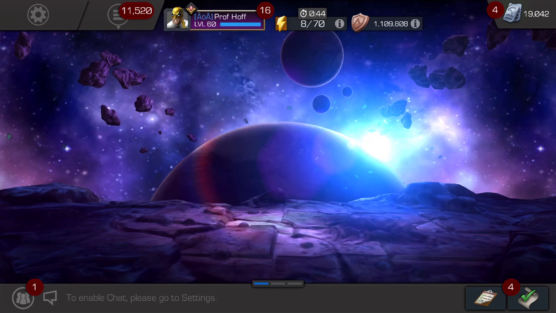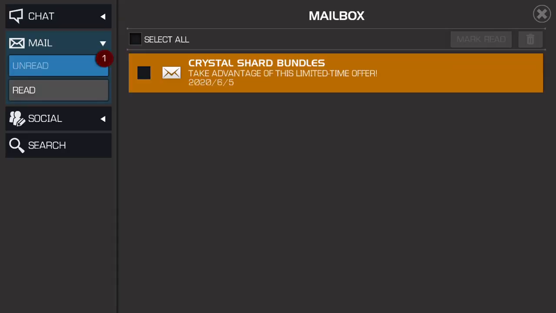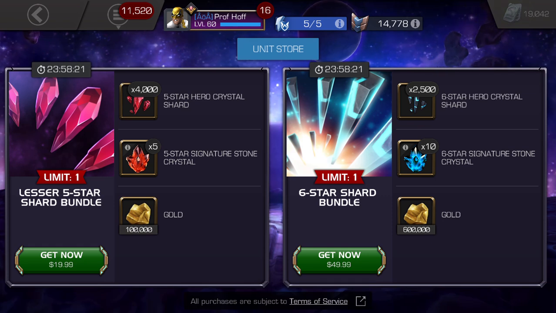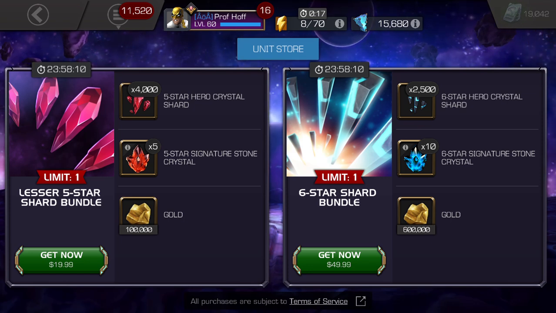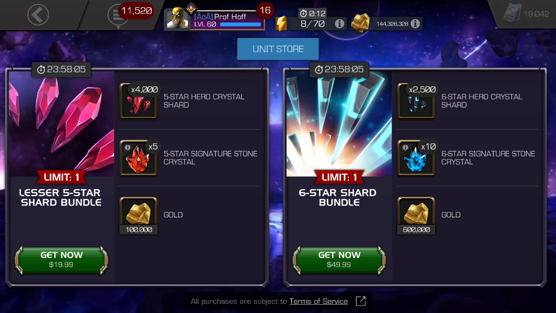So, today is another example of that very fact, because instead of getting the Crystal Shard bundles in the form of the side quest store, they're looking for you to purchase them. So, we are going to, as always, talk about the economy of the game. And we do have a lesser bundle, which we'll break down because this normally means there's multiple tiers. And then we have a 6-star shard bundle, which continues to completely